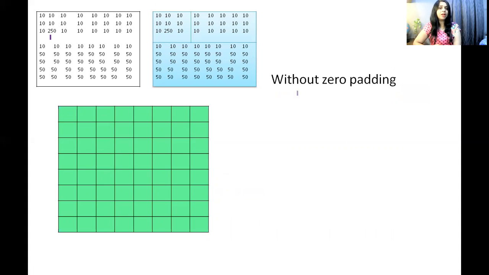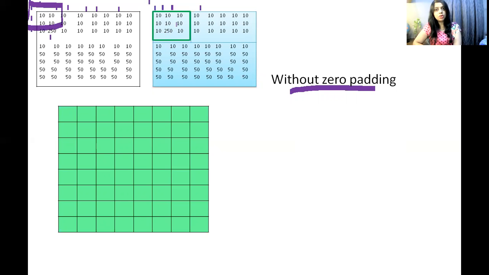In this example, I have not taken zero padding. If you want, you can pad zeros at the boundaries of the image, and then if you pad zeros on the left and everywhere, your first position will be like this. Here I have not considered padding, so the first position is like this.